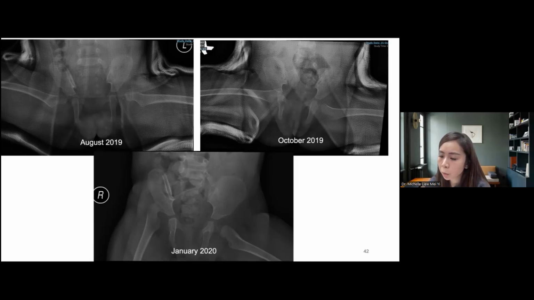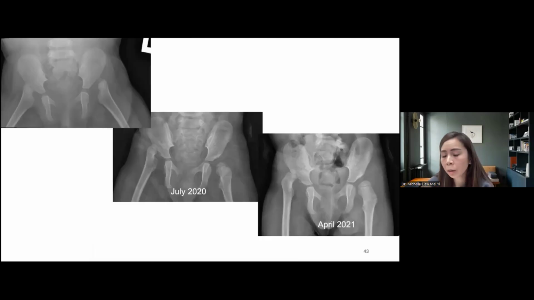So the left hip reduction was maintained, and you can see that subsequently when we removed the hip spica, the left hip remodeled well, and the hip was in the joint. But unfortunately, the right hip remained dislocated. So what we can appreciate throughout her years of growing up is that there's a remodeling ability of the left hip over time. But because the right hip remained dislocated after multiple attempts of